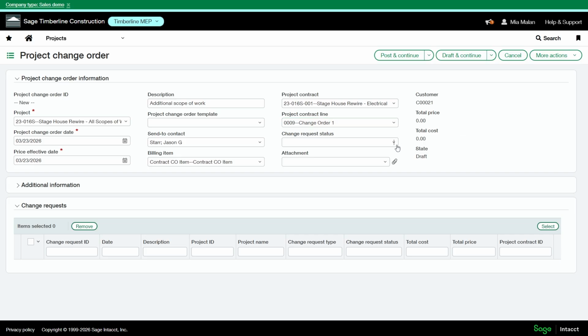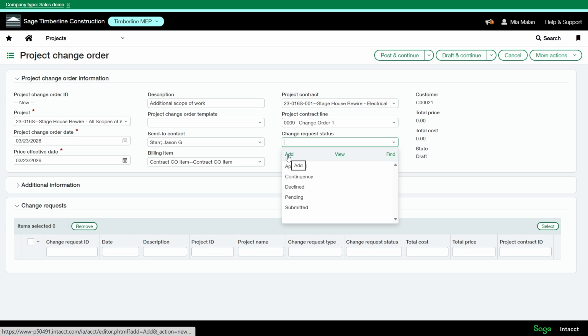Then here we have our change request status. This is an important field. Any change requests that you link to this change order will inherit this status. So choose a status that reflects the current stage of approval in your workflow. For example, you have approved, contingency declined, pending, submitted. You can add something on the fly.